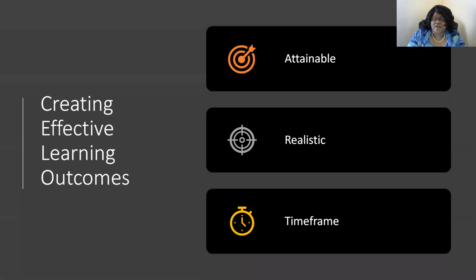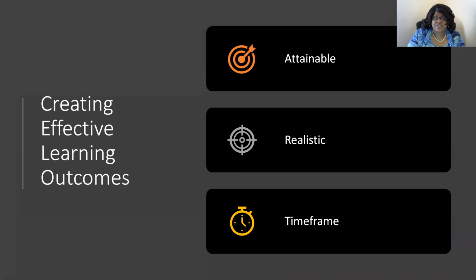So we talked about measurable, and now attainable. Can this actually be reached? If this is an English 101 class, is the student going to be able to develop a research proposal if it's their first class there? Maybe not. It may be very hard. If this is a class of 100, are they going to be able to obtain very detailed goals? Maybe not. So we want to make sure that those goals are attainable within the framework and those